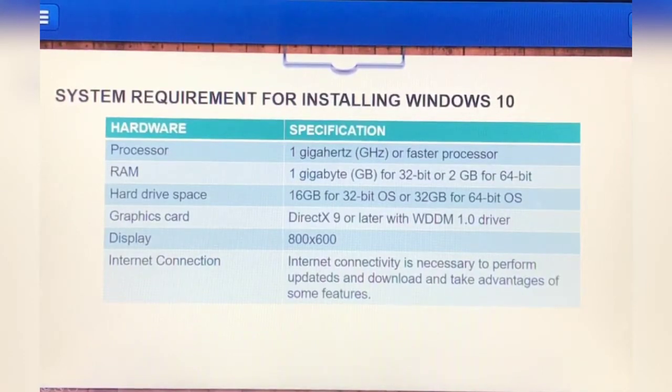Okay, display 800 by 600. Okay, then internet connection. Internet connectivity is necessary to perform updates and download and take advantage of some further features.